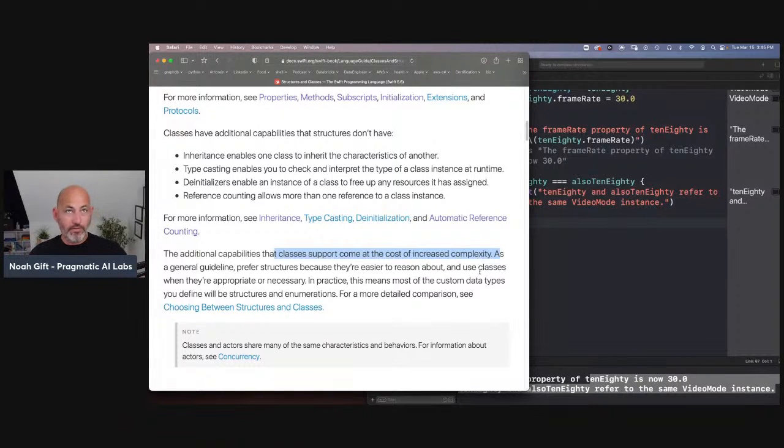So I'm going to definitely follow what they tell me. I'm going to use the structures because they're what they recommend. So thank you, Swift documenters. I'm going to follow your lead. All right, so that's